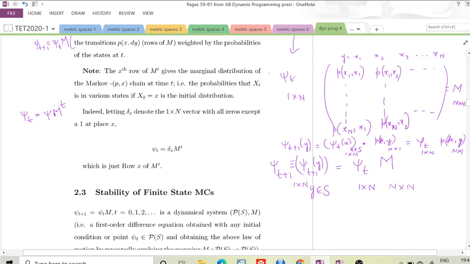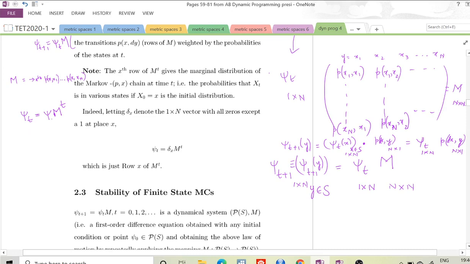So what is the interpretation? The matrix m had an interpretation of transition probabilities, that if you look at the xth row, you get the probability that I will be in state x1 tomorrow given that I am in state x today, all the way through the probability that I'll be in state xn tomorrow given that I'm in state x today, right? So does m raised to the t also have a similar interpretation? And the point here is that indeed it does have a similar interpretation.